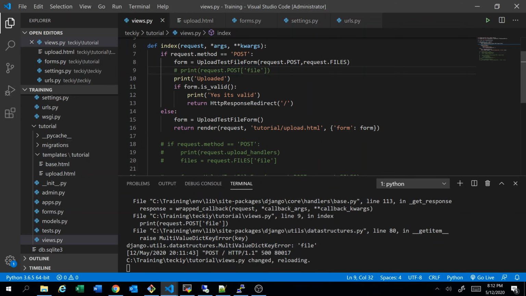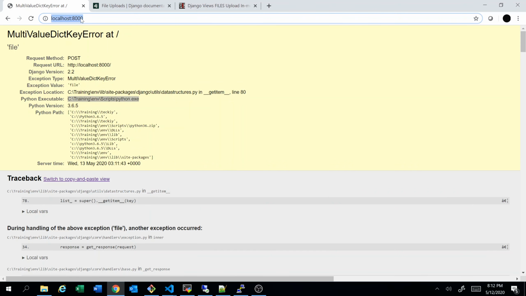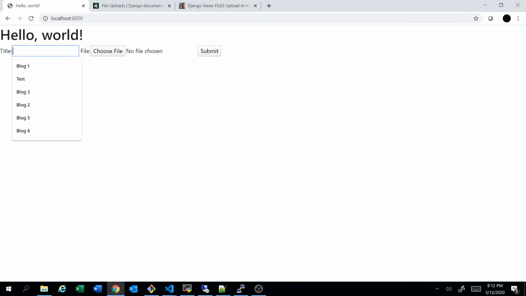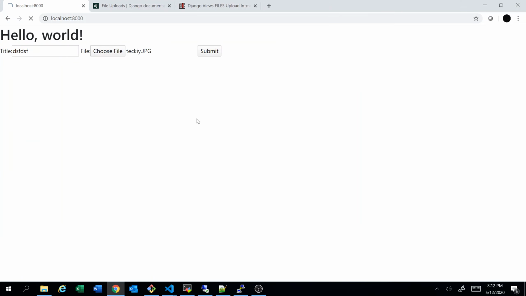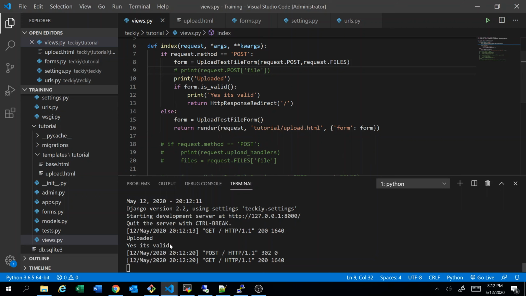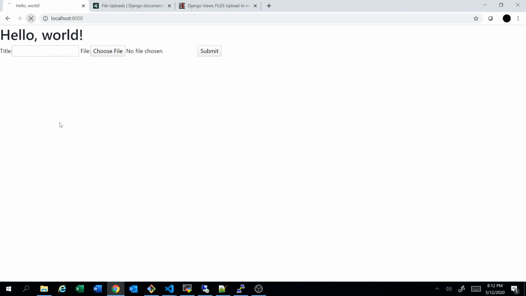Let's comment this line, refresh, copy the path, submit. Wow, it's valid, because now this file no longer exists in that post method. If I get rid of this file and refresh again,